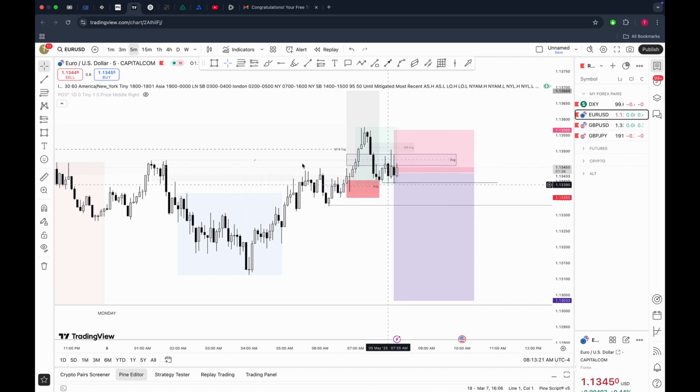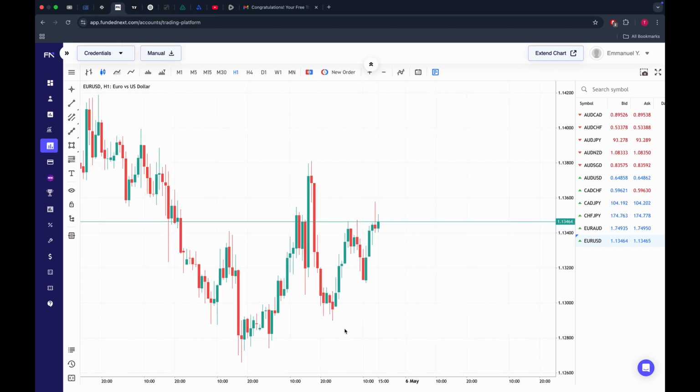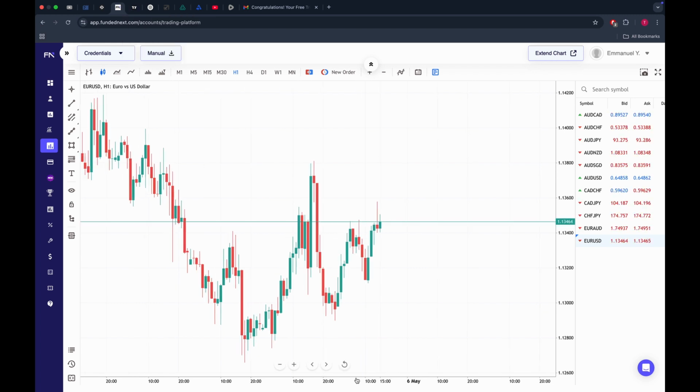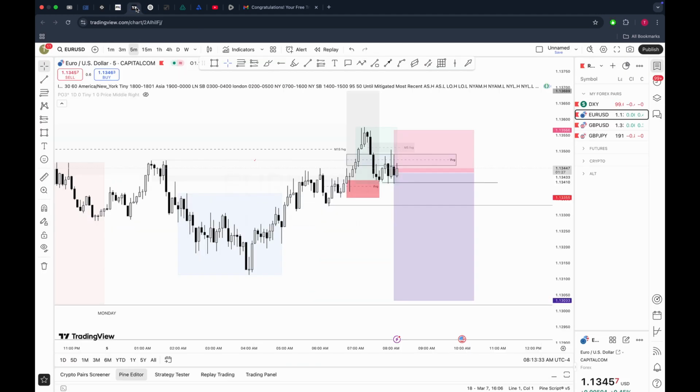But I've entered with 0.05. That is I think 0.25 of the account. So I will add more to the position. But now I want to see it close below this area before I'll go in with my full lot size. Alright, so let's see how price behaves.